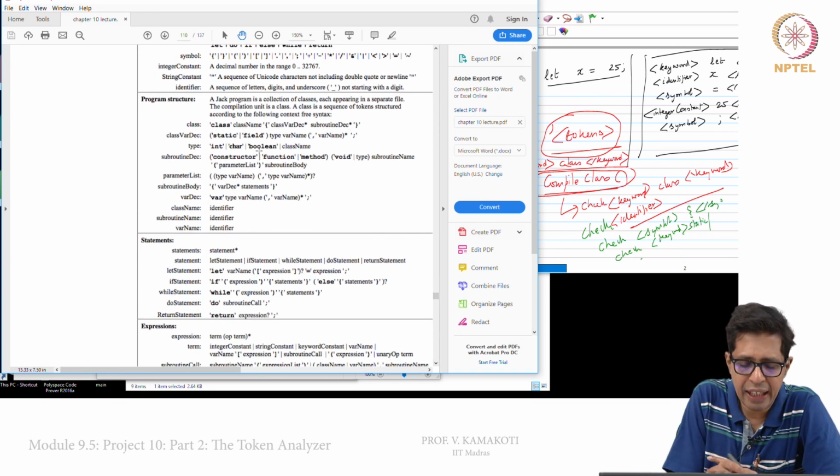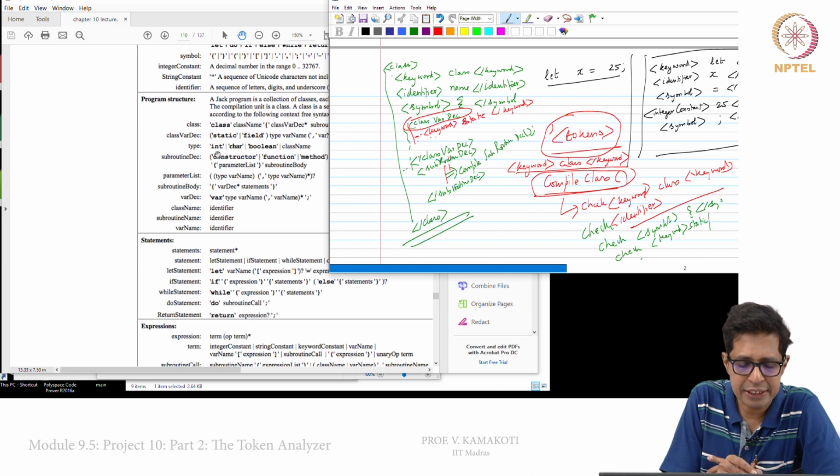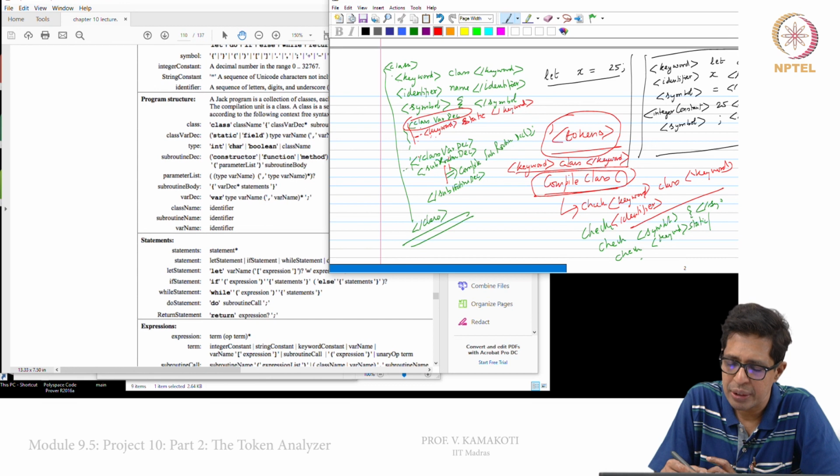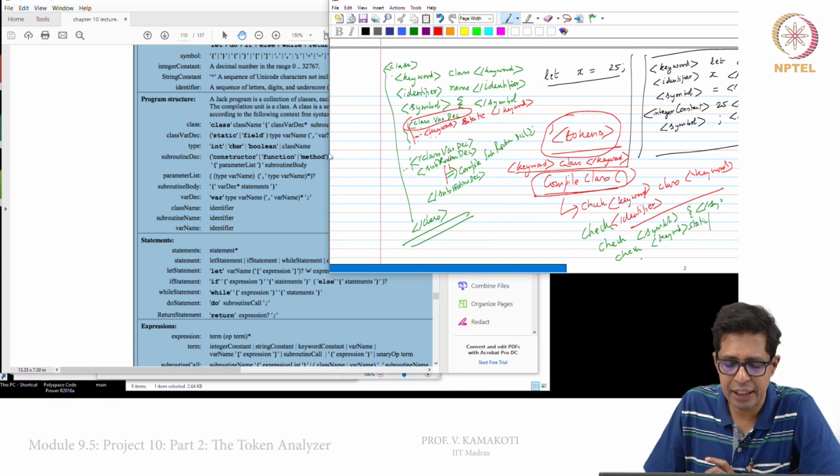Type can be int, char, boolean or some class name. So, it will check for the type. The type can be either a keyword like int, char, boolean, or an identifier like a class name. Then it will check if there is a variable name, which is another identifier, and then it will check